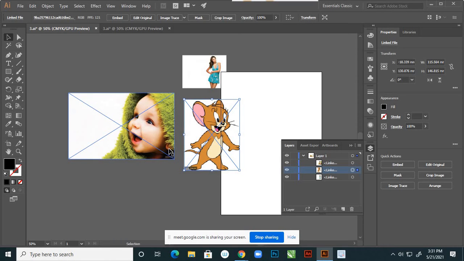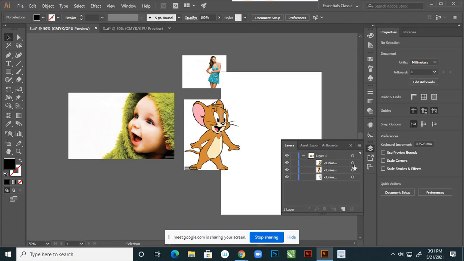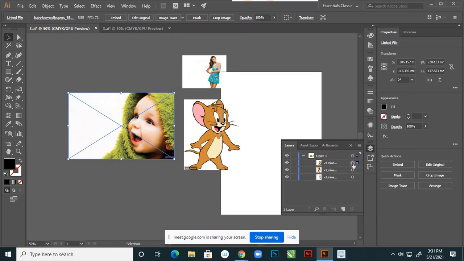Suppose here the boy face, select here, right? So not clicking on the actual layer, by selecting this it will select actually. These are the layers, and you can move your layers just like in Photoshop. You drag, right?